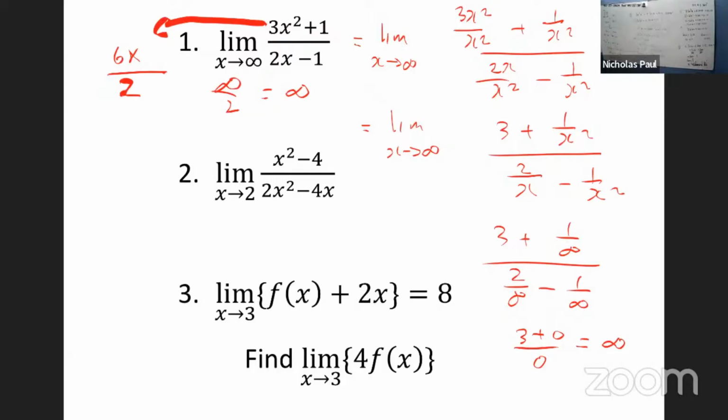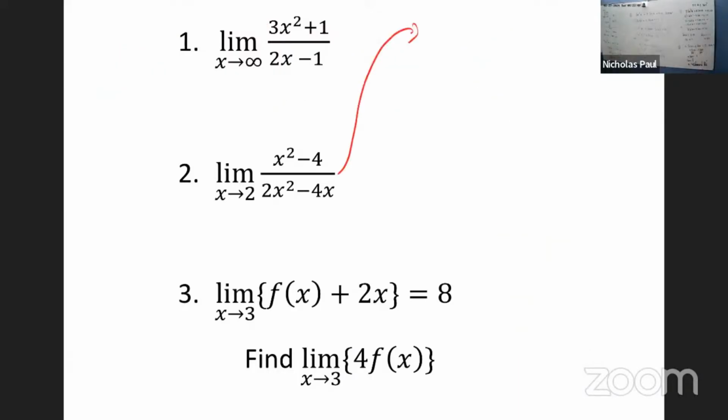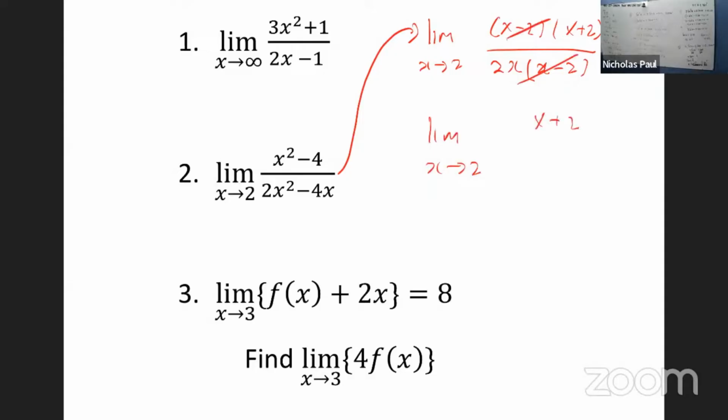What will you use for number 2? Factorization. So when you factorize x squared minus 4, you'll get x minus 2 times x plus 2. And when you factorize the denominator, you'll get 2x times x minus 2. And what will happen? You'll end up with the limit as x approaches 2. What's the next step? Substitute. Plug in 2 and you'll get 2 plus 2 over 4, which is